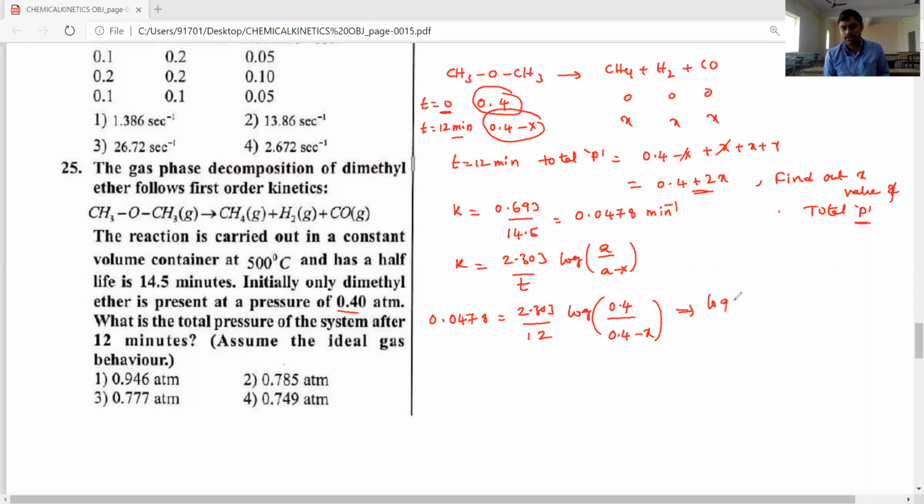Log of 0.4 by 0.4 minus X is equal to 0.0478 into 12 by 2.303. On simplification we'll get